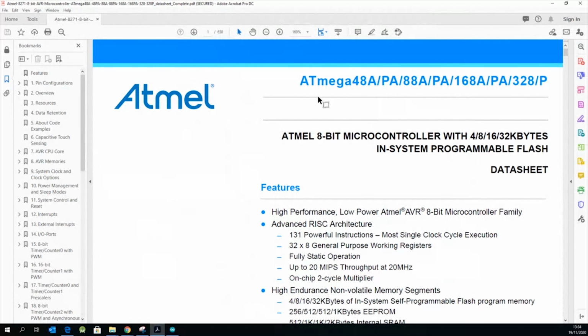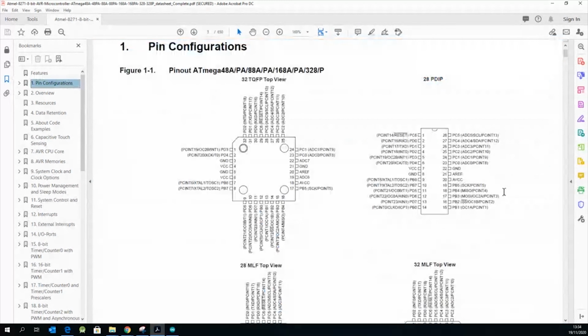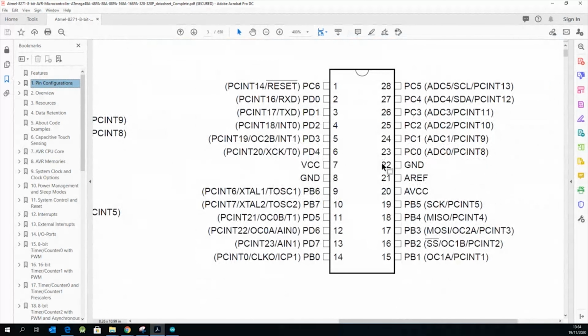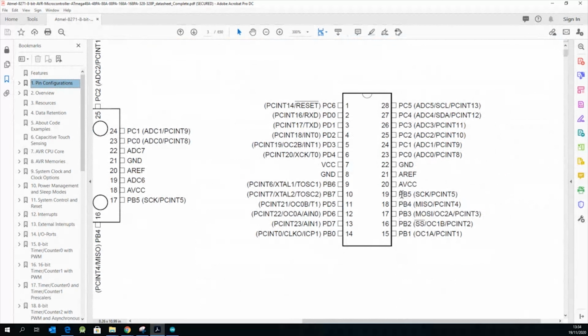Okay, so if we look at the data sheet, if you go to pin configuration, you notice the ATmega328P chip that you find on the Arduino Uno R3. You've got the right pin correspondence. If you look at where the notch is, you count from your left-hand side, that is pin 1 downwards. And you have this one with 2 KB of